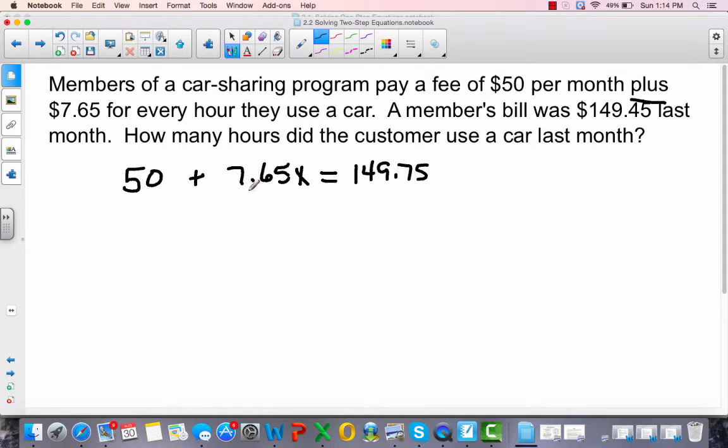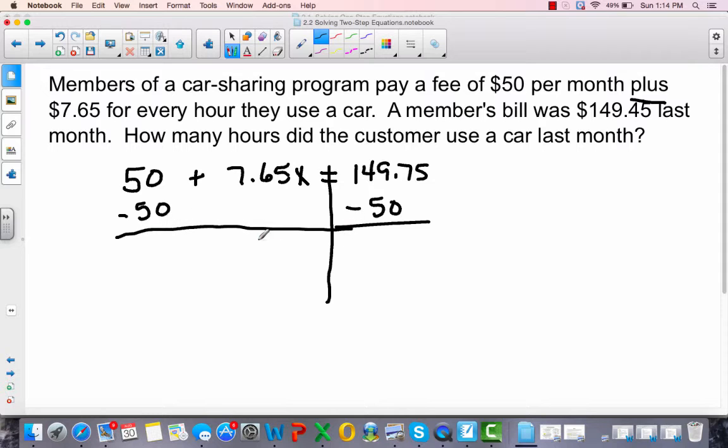So let's see, how do you solve this? We got to get rid of the 50 and the 7.65. The 7.65 is being multiplied. The 50 is being added. So let's get rid of it first. So we minus 50 on both sides. Oh, draw that line down the middle. All right, the 50s cancel each other out, and we're left with